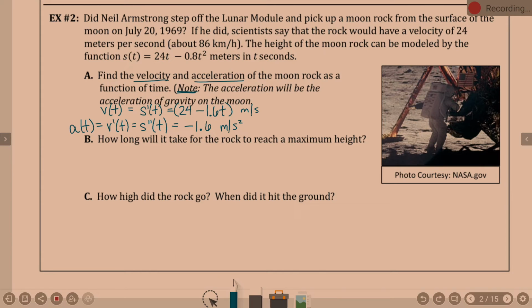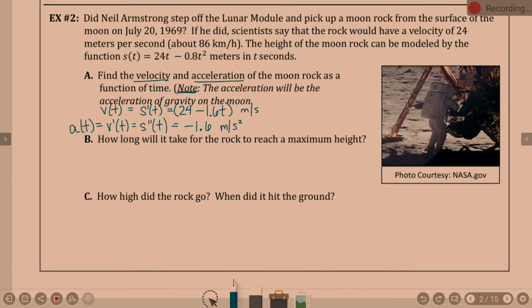Okay. Part B: how long will it take for the rock to reach a maximum height? You tell me. Okay, think in terms of